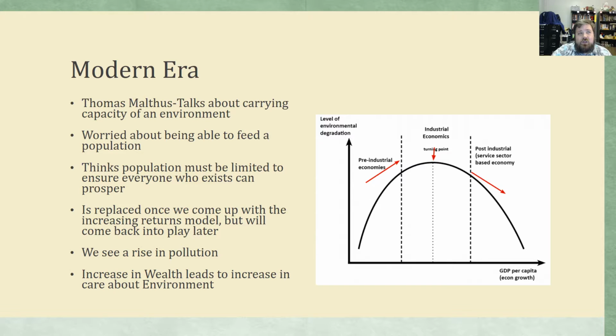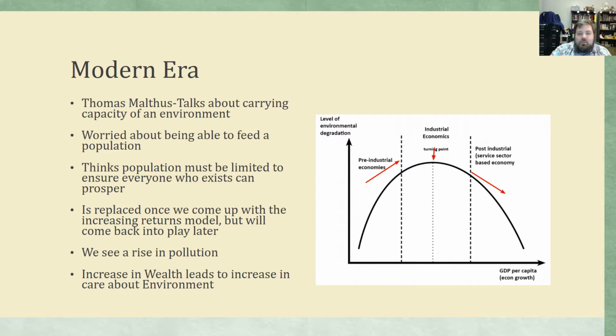And what we're looking at here is actually called the Kuznets curve. This is an observation about growth and environmental care. So once you reach the turning point in the Kuznets curve, you actually see a greater care of the environment, people caring about their environment more and wanting to preserve their environment more. You see the emergence of environmental movements. So as we continue to grow, our GDP per capita continues to grow, we actually see the environment begin to get a little bit better. Now, this doesn't just happen naturally on its own. It requires people to actually care and invest time and effort in protecting the environment.